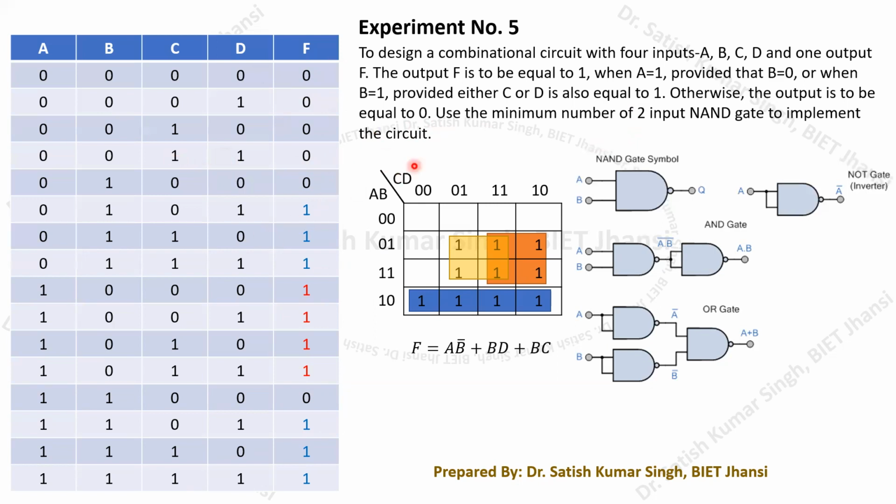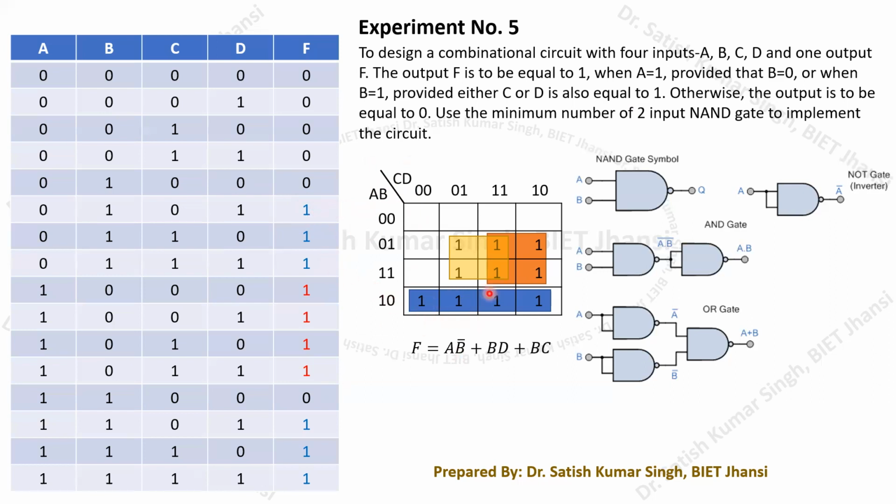Okay, so I have already constructed the Karnaugh map over here. You can see this, because we have to implement the circuit by using the NAND gate. First of all, we need to have the minimized Boolean expression. To minimize the Boolean expression, I have formed this particular Karnaugh map, and then I have already marked here the ones wherever we are getting the output equal to one.